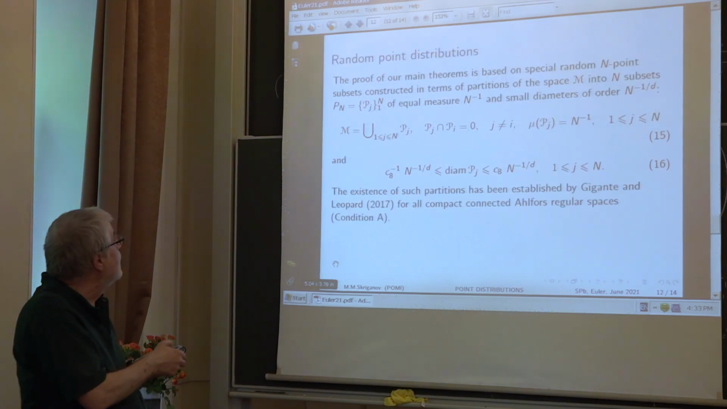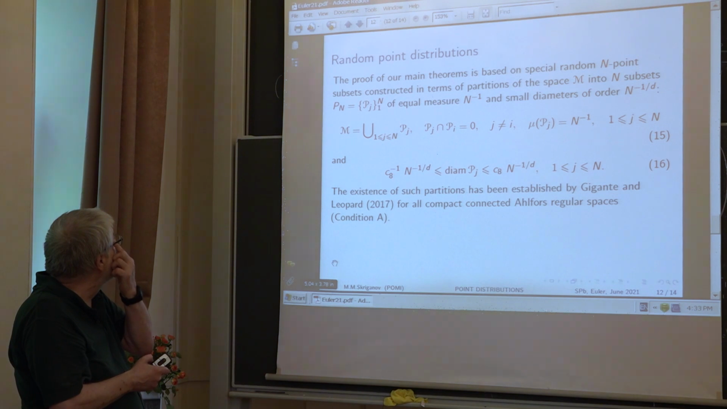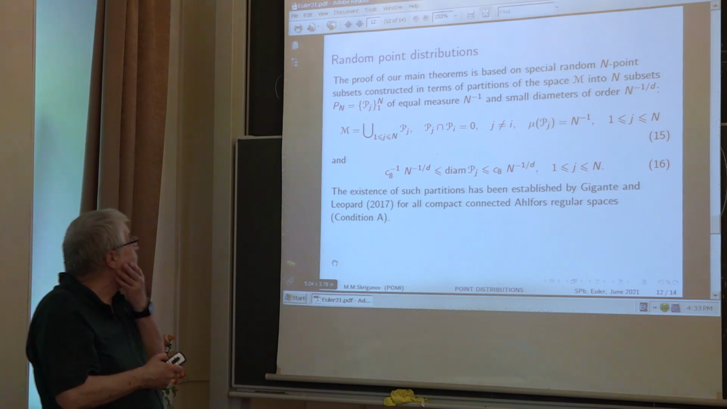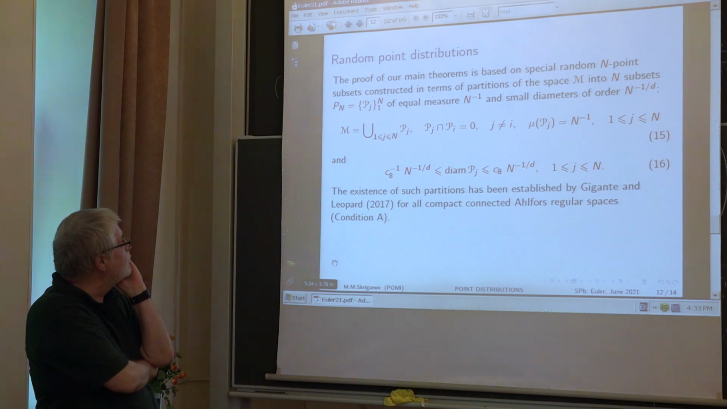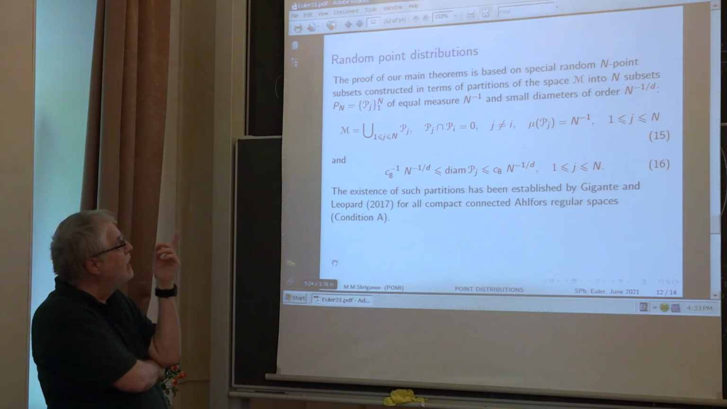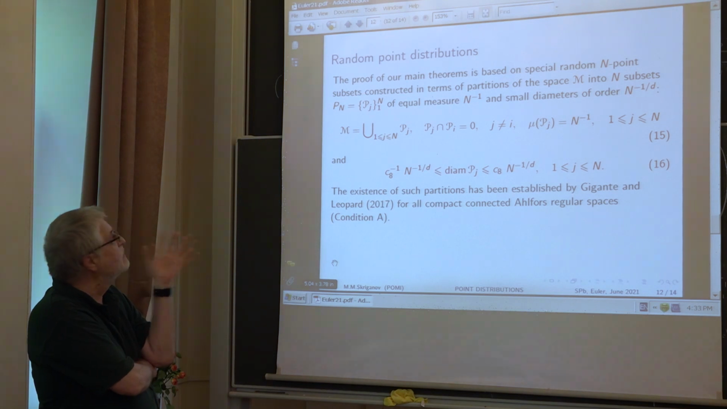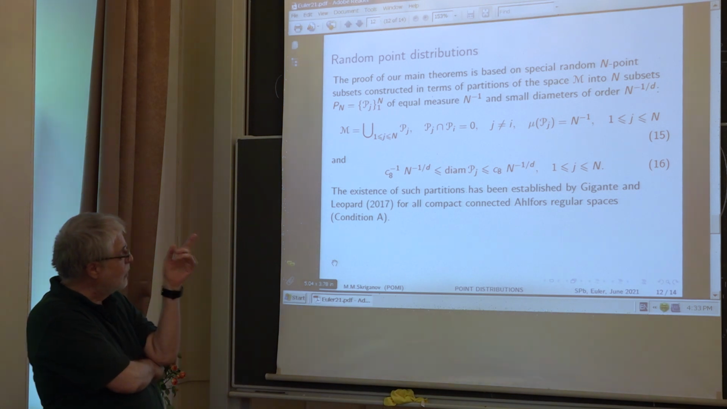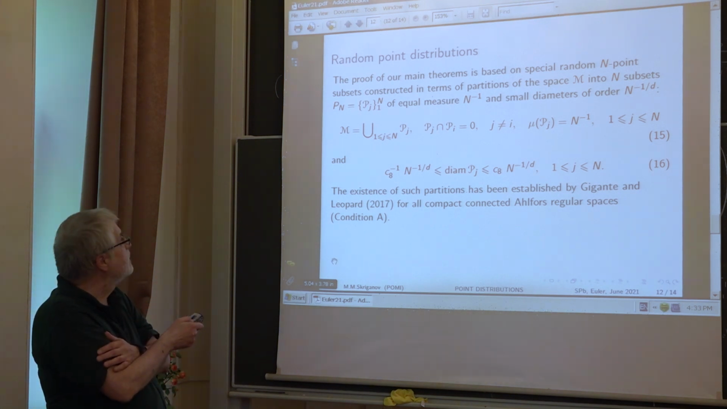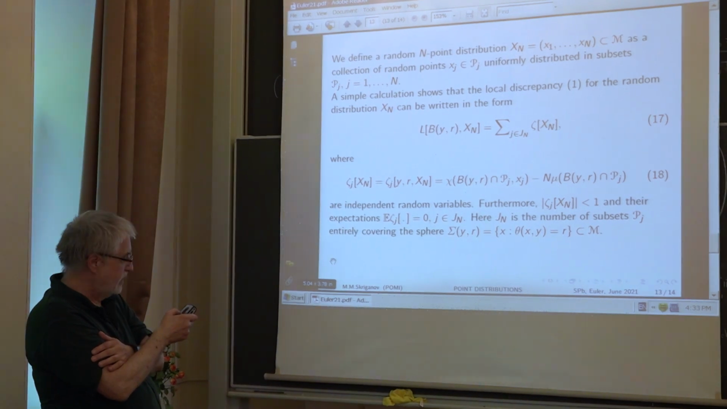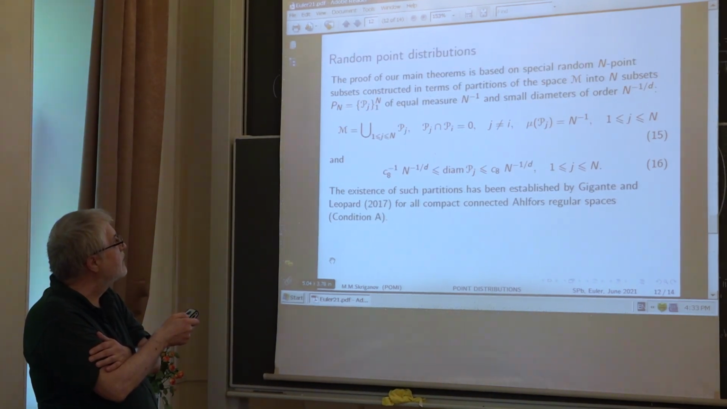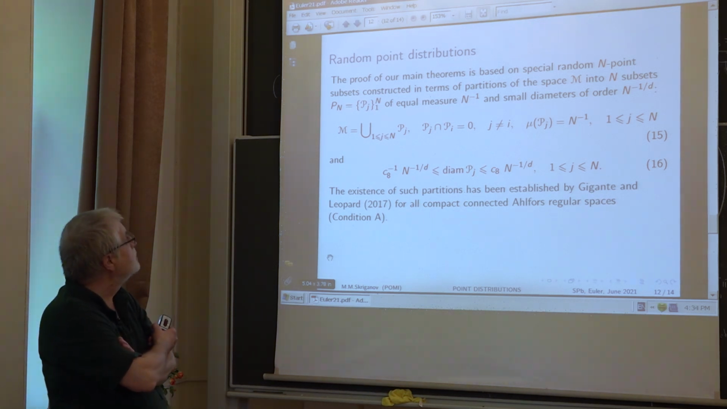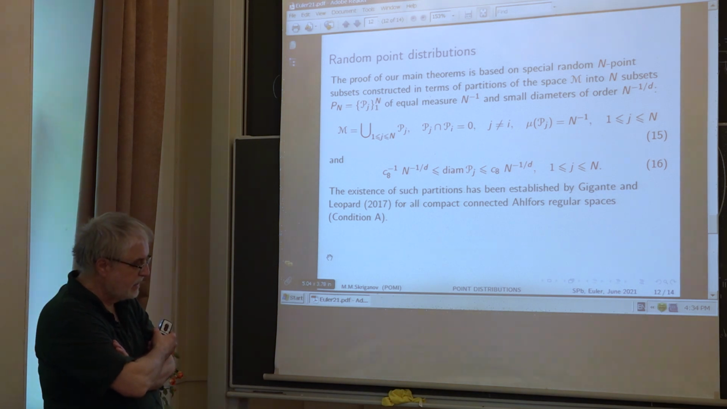And now about the proof. The proof is based on the following partition of the space into subspaces of equal measure and small diameters, of that order. For each n, it turns out, and it is not a trivial theorem, rather a deep theorem, that each compact metric space can be divided